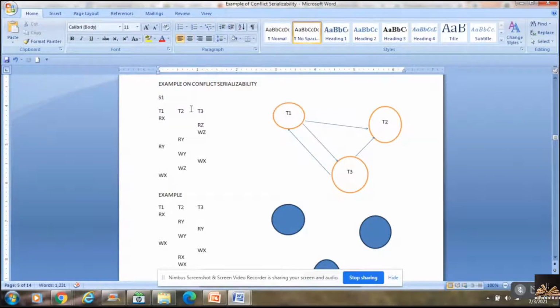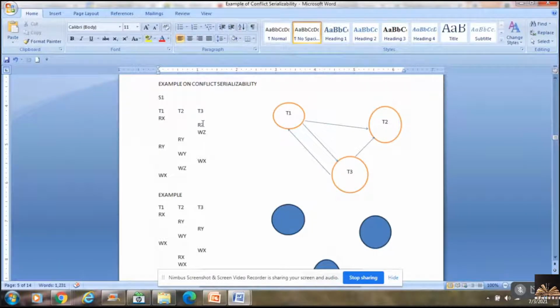Next, I have to go with the first operation, in a time-bound sense. Rx is compared with all the other operations of the other transactions. Rx is compared with Rz first because there was an interleaving from T1 to T3. There's no interleaving from T1 to T2 here.